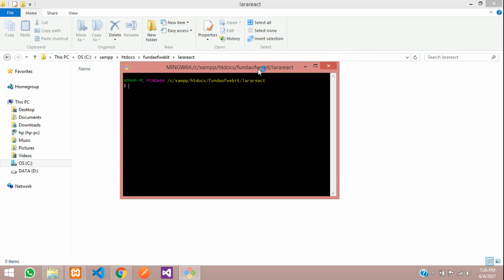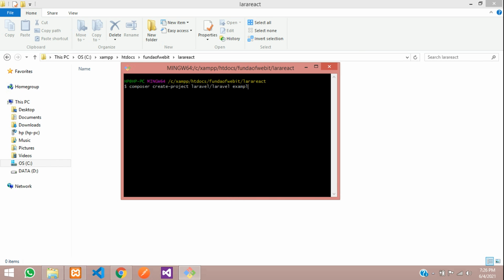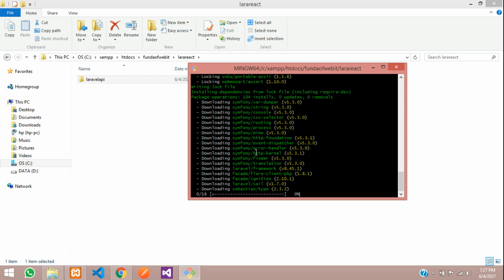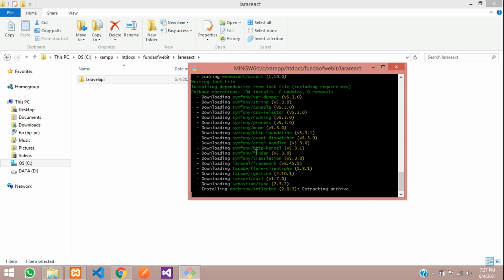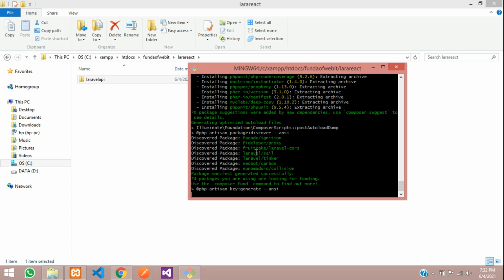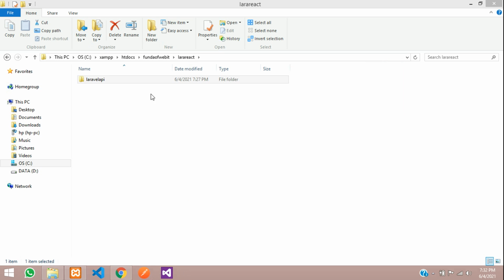I have installed git bash, so I'm using git bash over here. Let's paste the command and name it Laravel API. So we are using Laravel project for API purpose. Okay, so guys, let's just wait for this to get installed successfully. Perfect. So guys, we have successfully installed our Laravel application, and now let's close this terminal and let's go inside